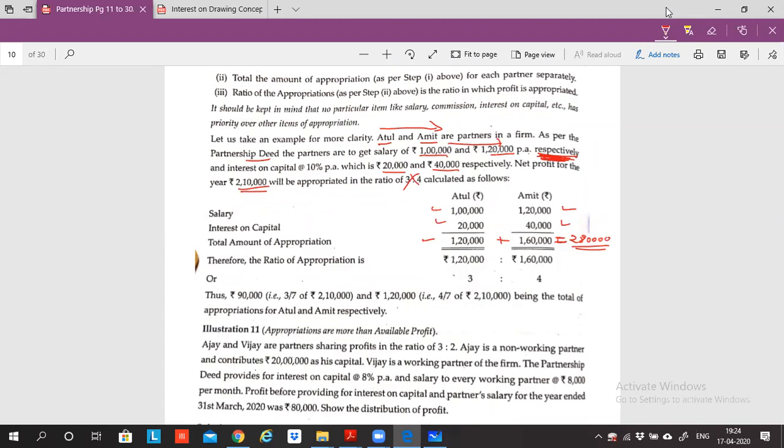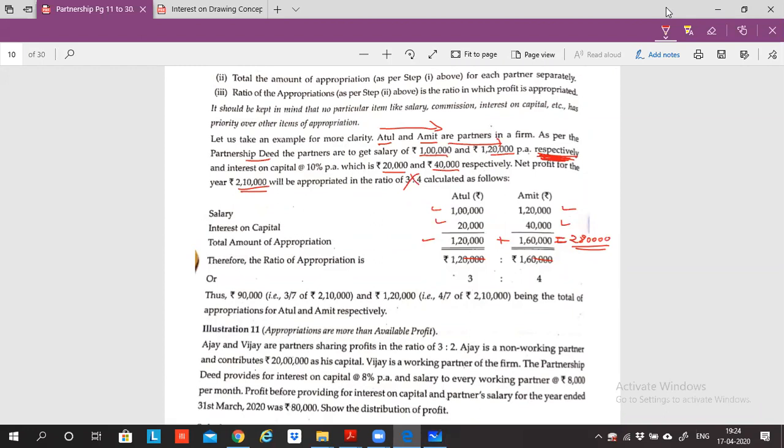So what will happen is, I'll cut off these 4 zeros in both of these. If you're a mathematics student, you'll understand it fast. And for all those who have not taken mathematics, I'll tell you how the ratio needs to be derived. So 1,20,000 is to 1,60,000 rupees. I will eliminate the common item.